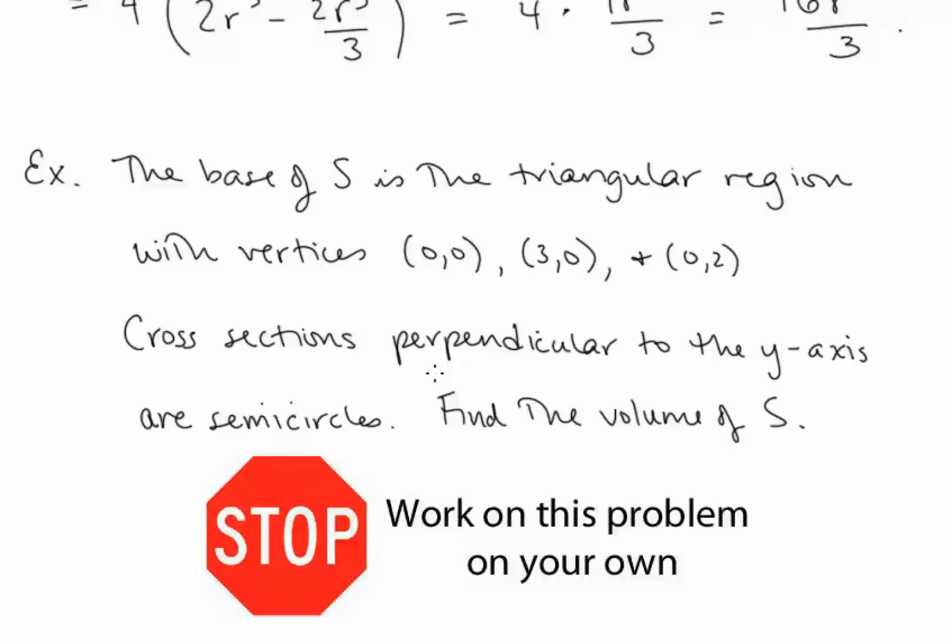So now we have cross-sections that are perpendicular to the y-axis, so that tells us that we are going to be integrating on y and looking for a function A of y to be the area of those cross-sections. And notice the cross-sections are semicircles. So you need the area of the semicircle, but you need it in terms of the y at which you're